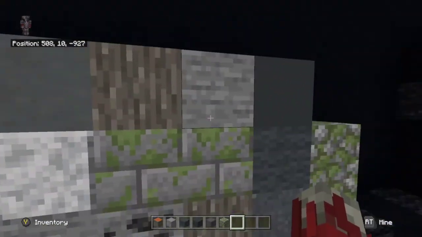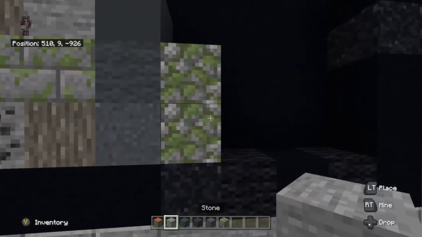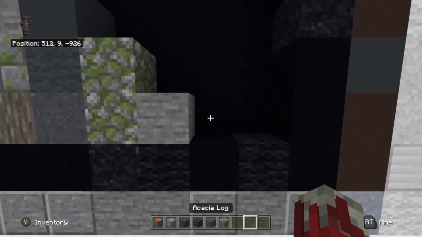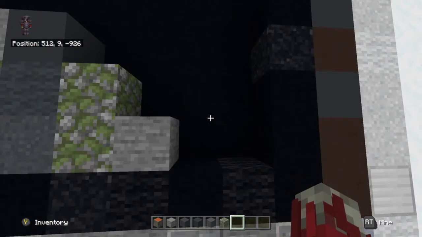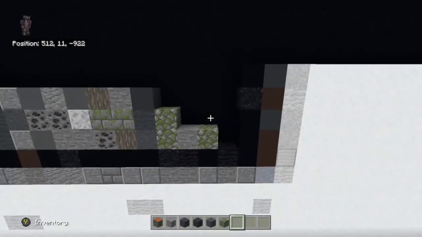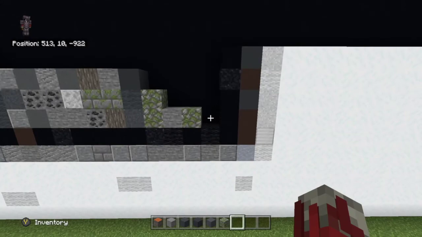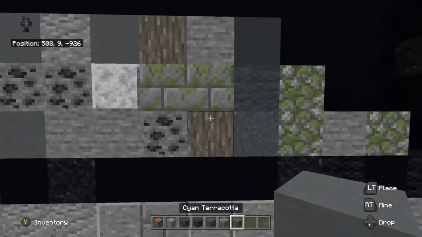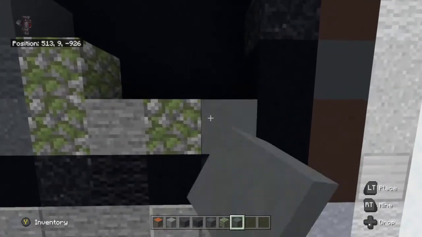And then we're going to go ahead and place stone to the right of the bottom mossy cobblestone. One stone to the right at the bottom mossy cobblestone, and then place mossy cobblestone to the right of the stone at the very bottom. Next thing we're going to do is go ahead and grab us cyan terracotta. I'm going to place the cyan terracotta to the right of the mossy cobblestone